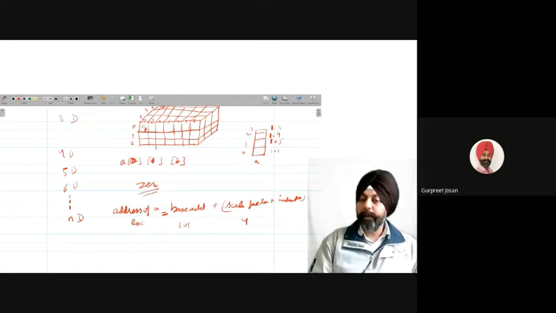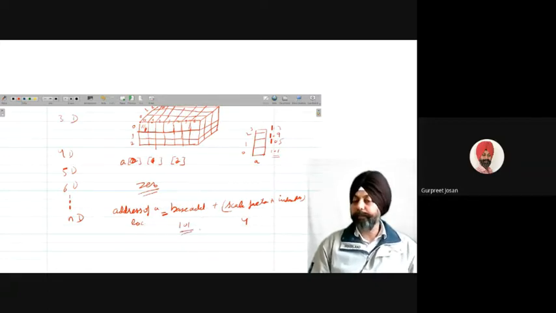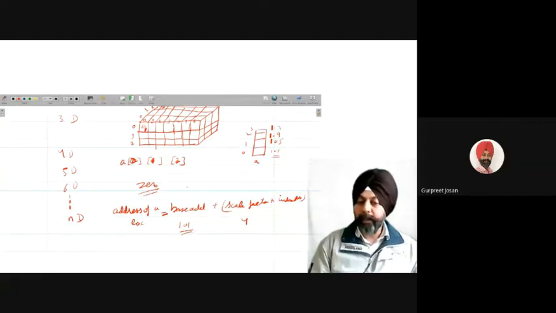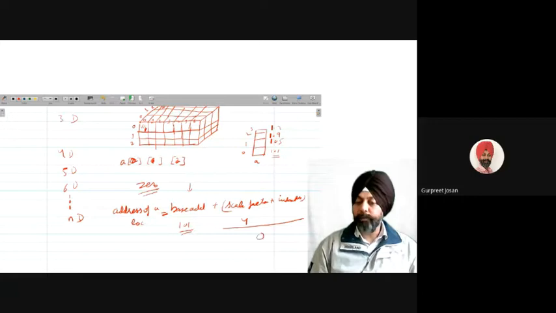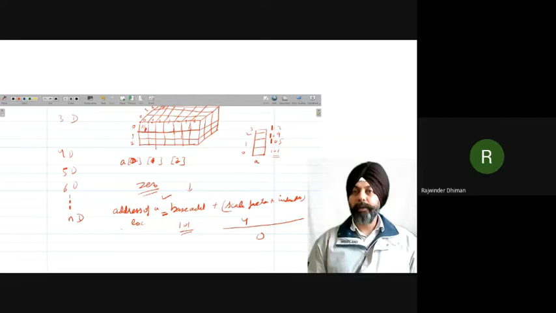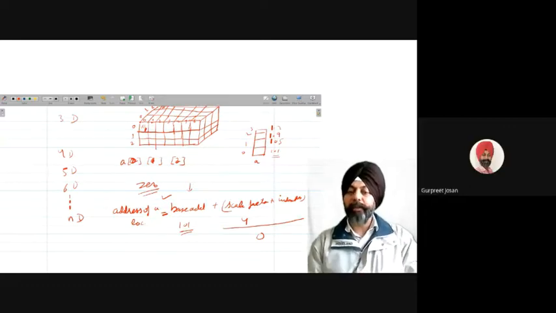To calculate the address of the first location, which is 101 itself, the base address itself, what is required? It is required that this term should become 0. Only then can we get the first address. Got my point? Yes, sir. Address of location is base address plus scale factor into index number.